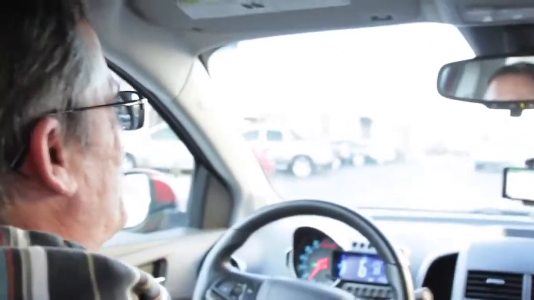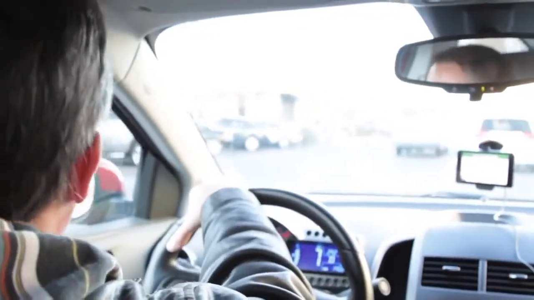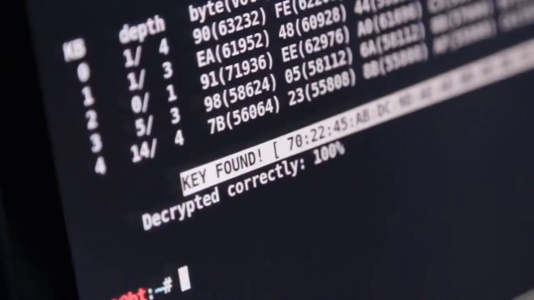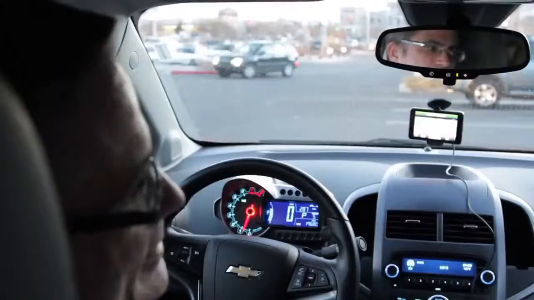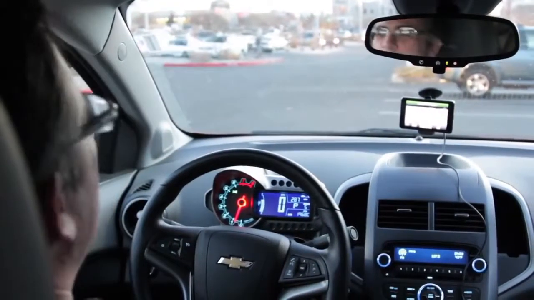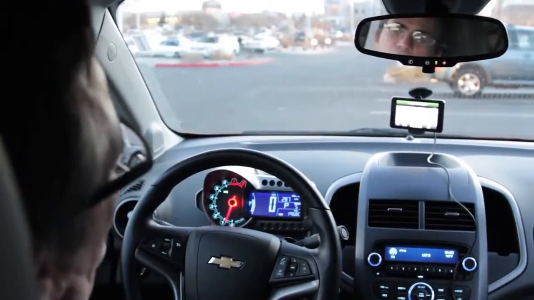So we don't want to break the law. We might go in and crack a WEP key, but we won't do anything with it. All we're going to do is run the process. If it says key found, we're automatically going to shut down. We won't actually show the key. We'll redact the key. We're just going through the process to show you that when you wardrive,